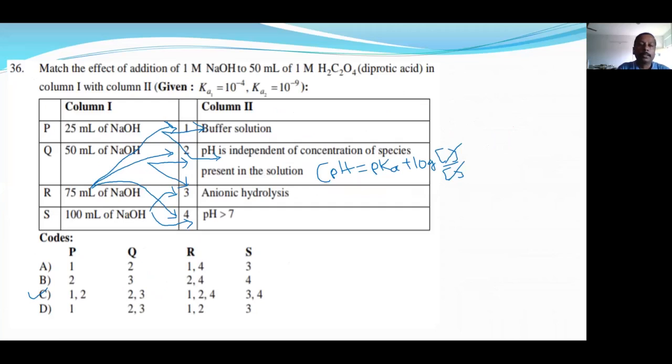Okay, next part is a very easy question, but if you study the polyprotic graph, okay, this I have given special